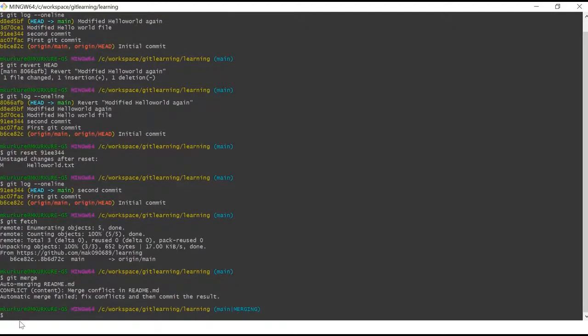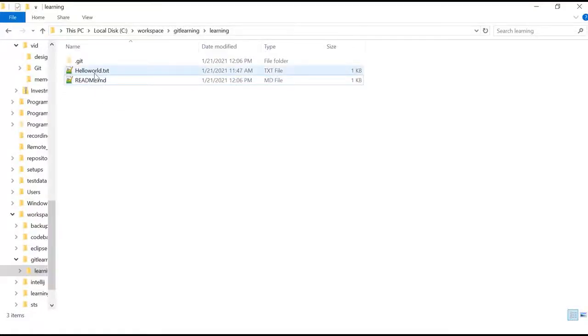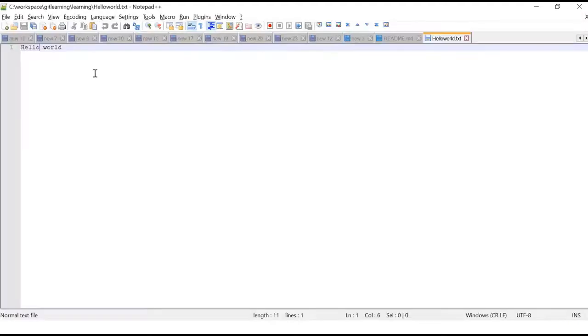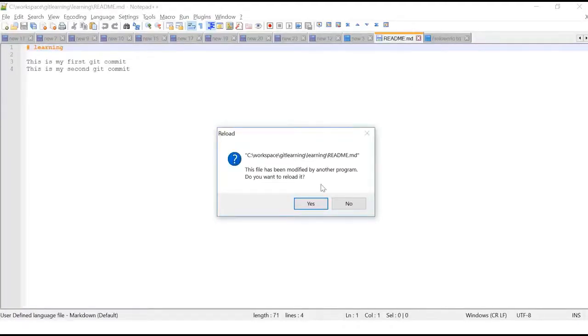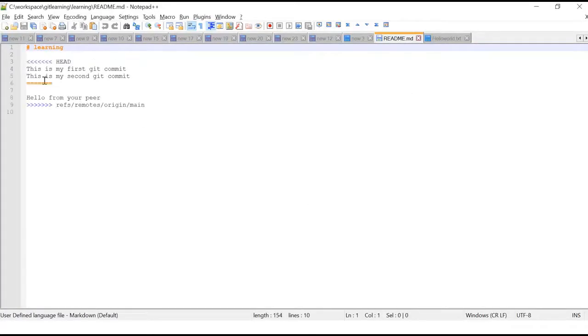So you can see there is a conflict now which has arisen. Merge conflict in readme.md. This is because we have also made some changes in the readme file. So you can see now the content of the readme file is automatically modified.